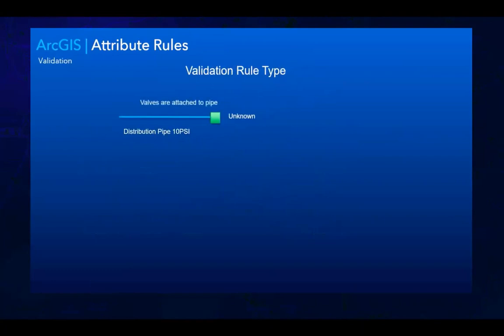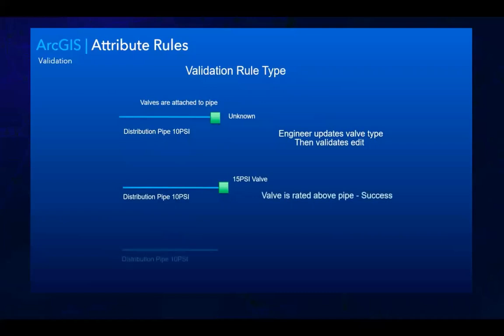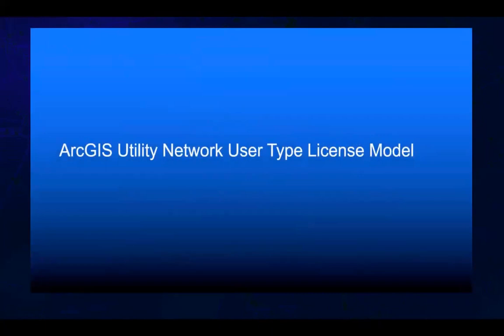Then the final type of attribute rule is validation. Use a validation rule where you can create an edit that doesn't meet the validation standard, but you can initially run the edit. It's expected that you'll go back in and change the value when you run validate on that network element. If the value of the point feature is appropriate for the value of the pipe, the edit will succeed, and if it's not, it will be rejected. So that is the